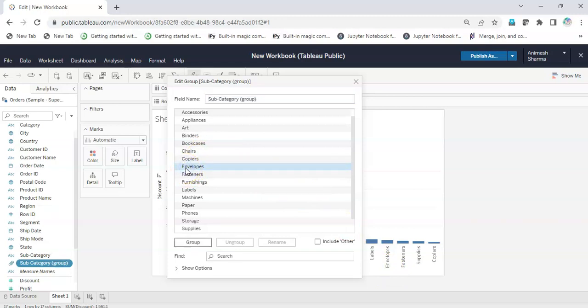Then for the next one I will press Control and then I will select fasteners. Then I will select supplies. Then I will select copiers. Now I will simply click on group. So this will group all these subcategories into one subcategory, and then I can rename it